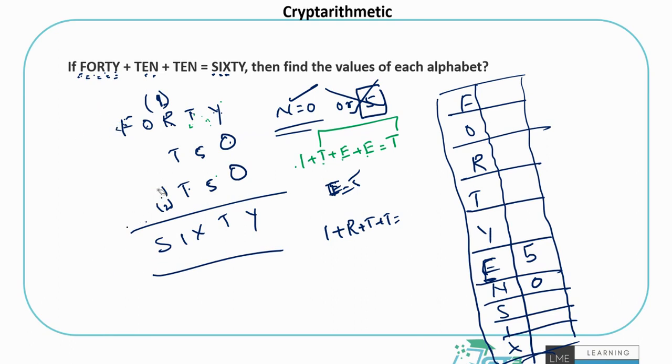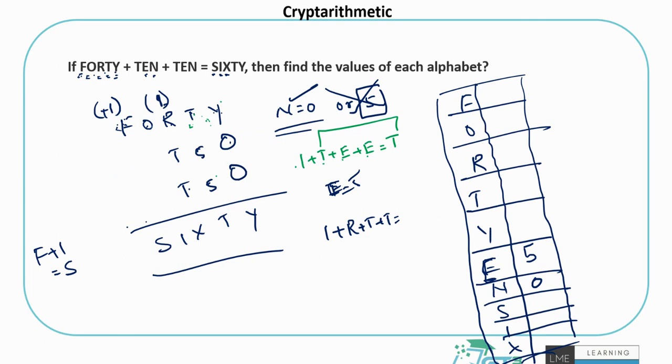Why can't it be 2? Try to see how you can add o plus something to get 20 plus. You can never, right? So it has to be simply only plus 1 carried forward. So f plus 1 is s. This has to be true. I don't know what f and s are. It could be 1 and 2, 2 and 3, 3 and 4. It can't be 4 and 5 because 5 is already taken, so that's ruled out. Leaving maybe 6 and 7, 7 and 8, and 8 and 9, right? There are a lot of possibilities as of now.